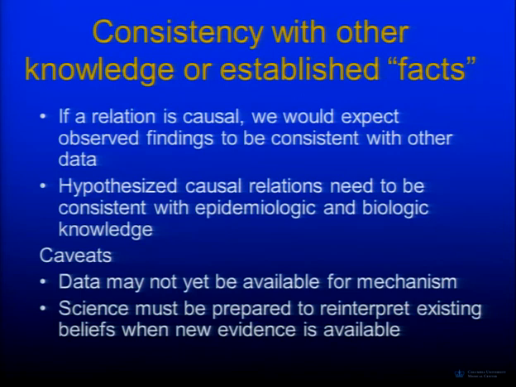Some of the caveats: sometimes we find an epidemiologic association without having any idea of the biology of how it occurred, so sometimes it precedes the mechanism understanding. And the other thing is that, remember, we call things facts, but science is constantly evolving. We might think something is true and a fact at one point in time, but as we learn more, we might revert our thinking or say, now with this evidence, we want to go back on what we thought before.